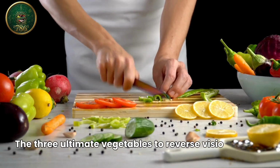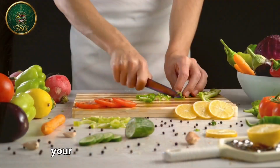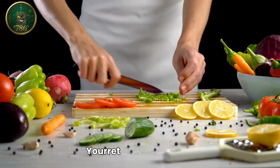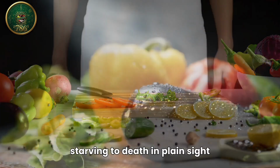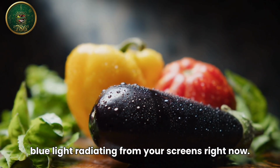The 3 ultimate vegetables to reverse vision decline. Naturally, your failing eyesight isn't just a natural part of getting older. Your retinas are literally starving to death in plain sight, suffocated by the modern blue light radiating from your screens